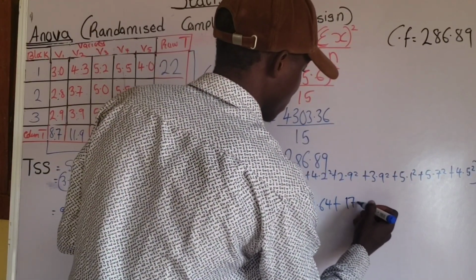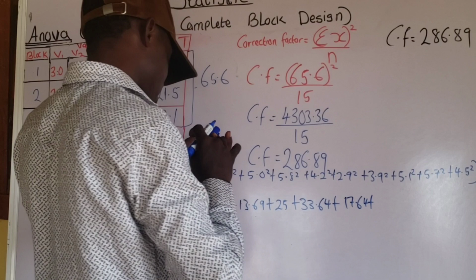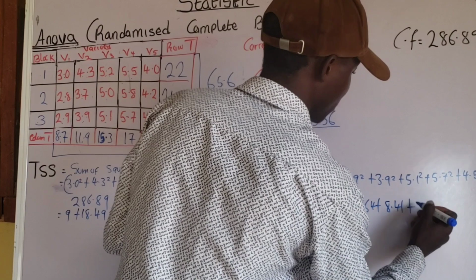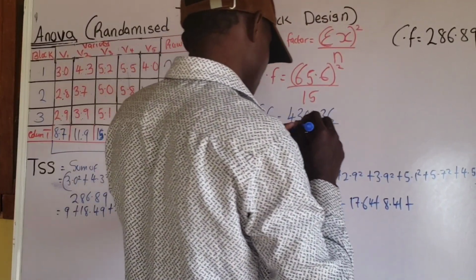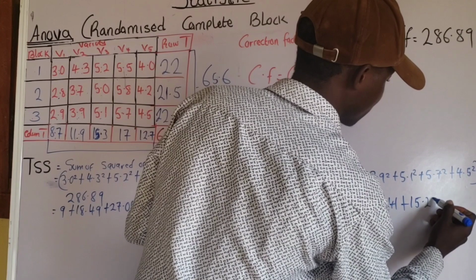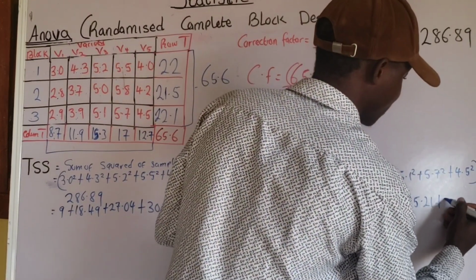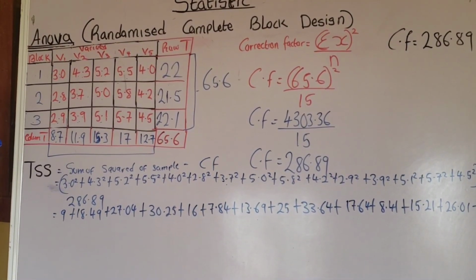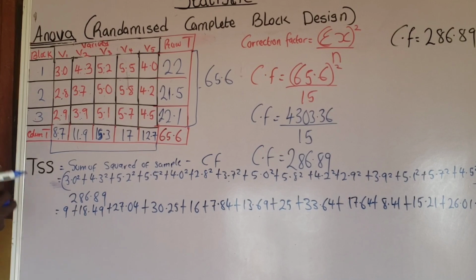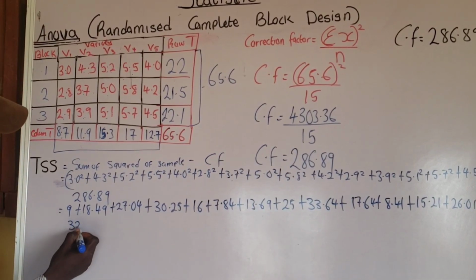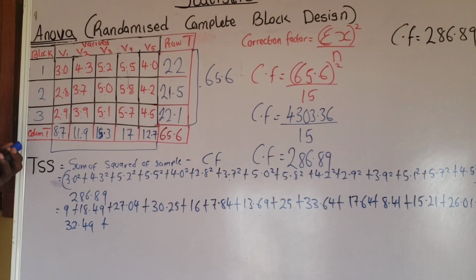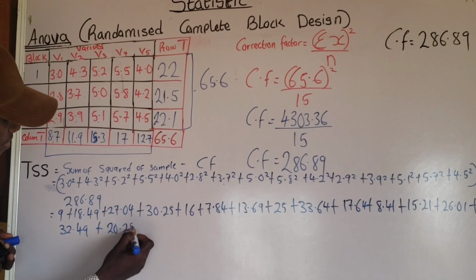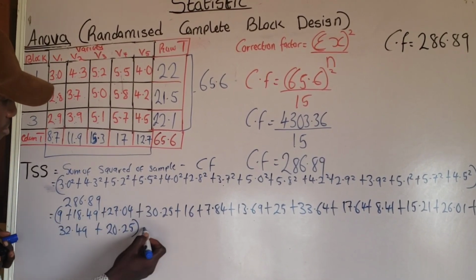17.64 plus 8.41 plus 15.21 plus 26.01 plus, okay, this is 32.49 plus 20.25. You understand? So all this minus